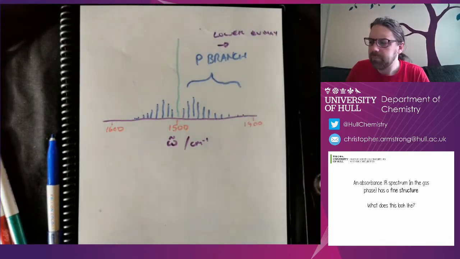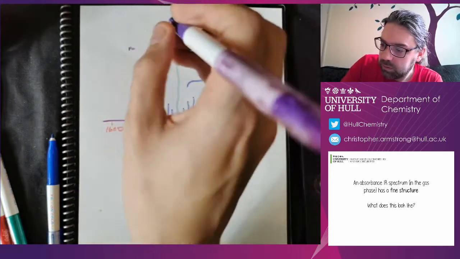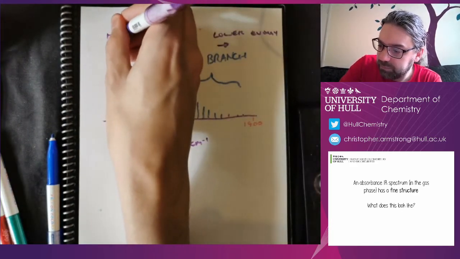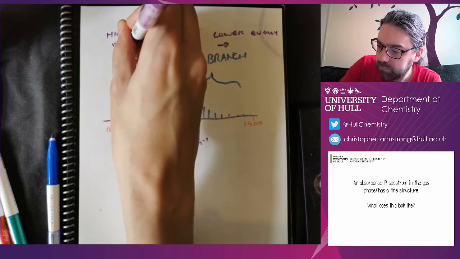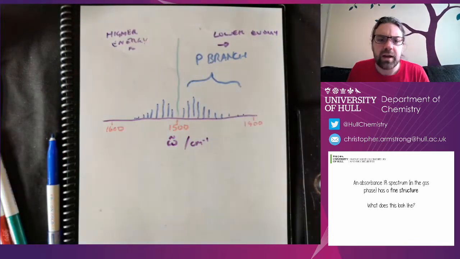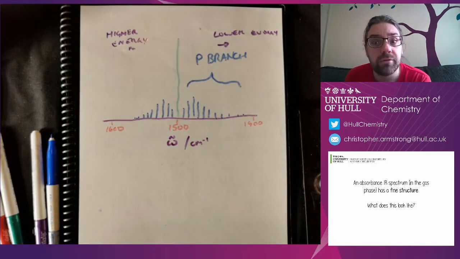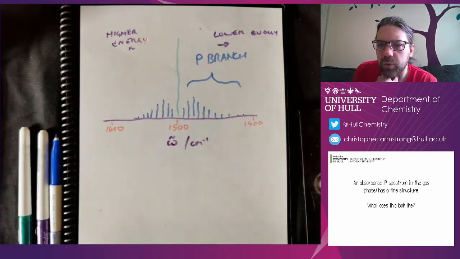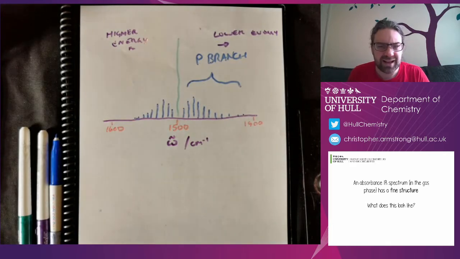Give the handwriting there. Now, on the opposite side of that, we have higher energy. So yeah, higher energy is on the left just because that's conventionally how infrared spectra are laid out. That's not always the case. Some presentations of spectra do swap it around, so the higher energy is on the right, which is a bit more obvious, but